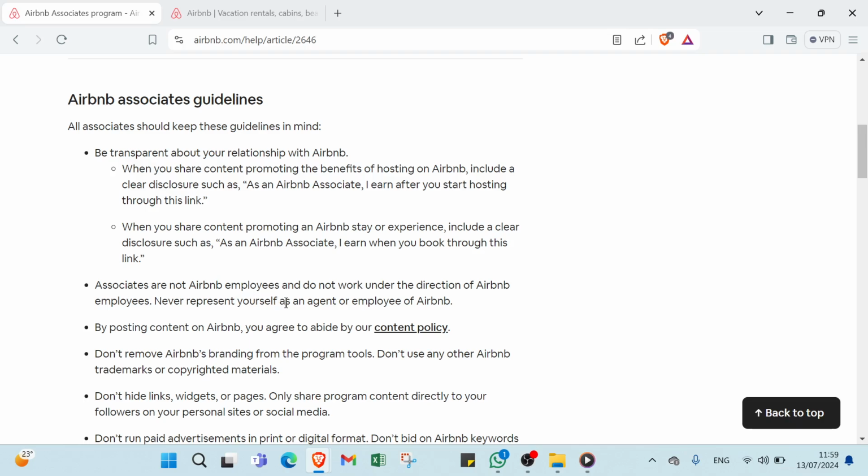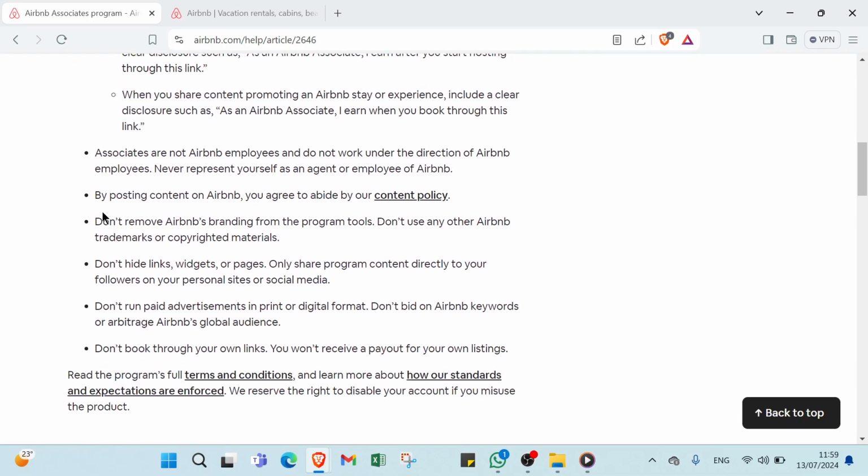Never represent yourself as an agent or employee of Airbnb. Also, by posting content on Airbnb, you agree to abide by our content policy.